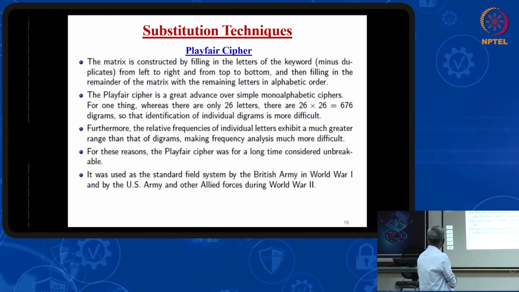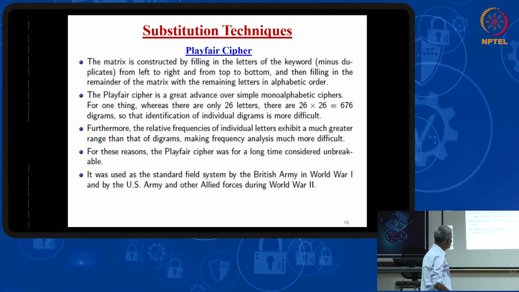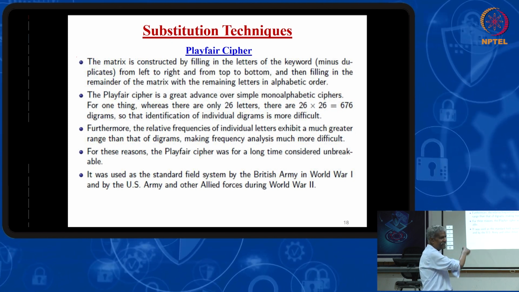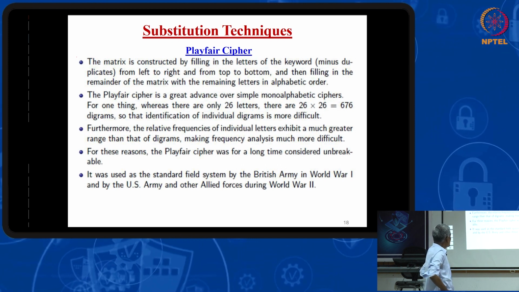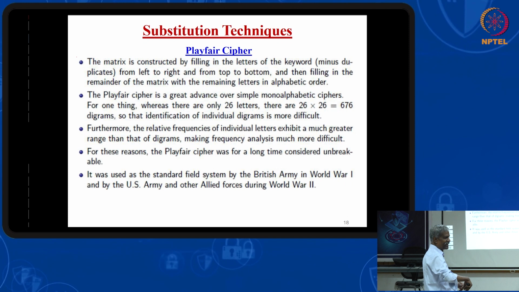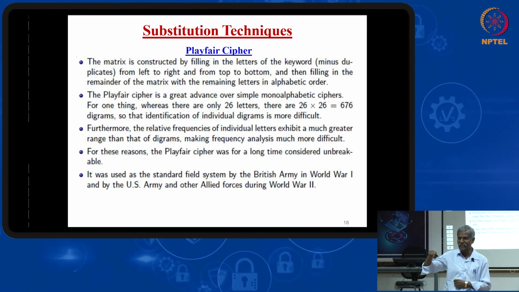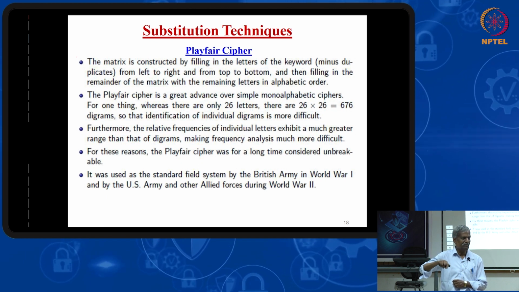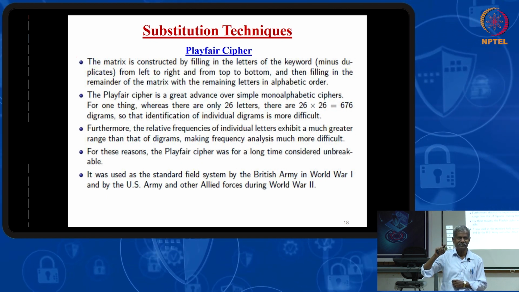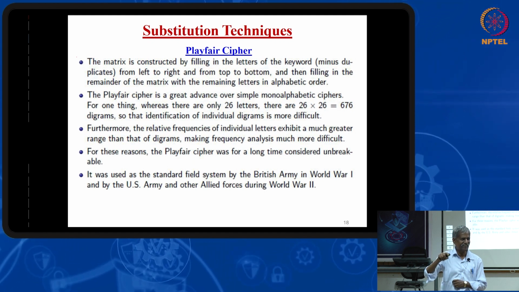Next page. You see the last sentence: it has only 26 letters. So the combinations will be 26 by 26 diagrams we can make. So the analysis takes 676 tries, and you can find the key. But during World War, all the world countries were fighting. They were not able to take it to this. Okay.